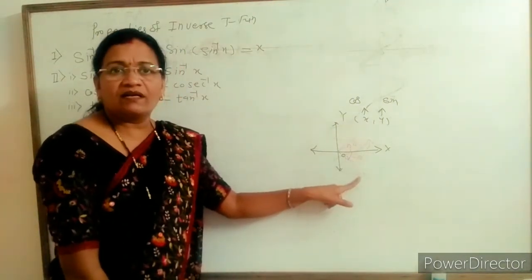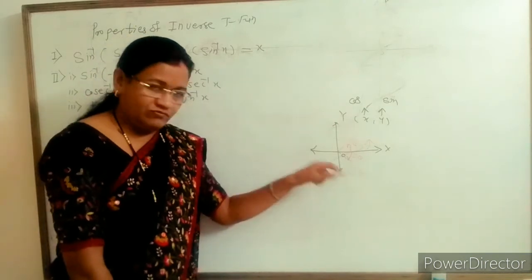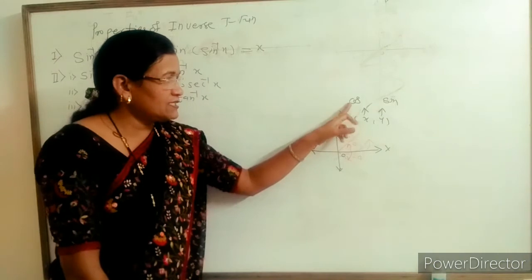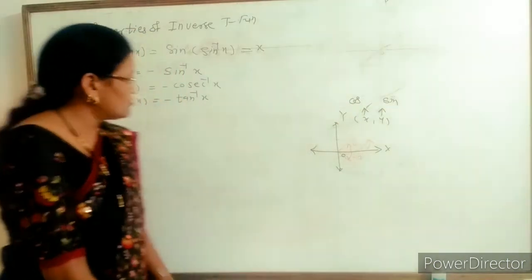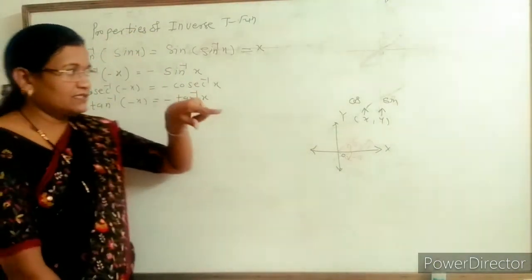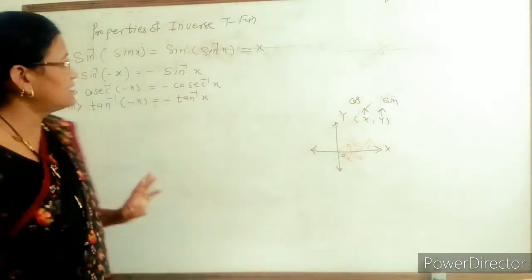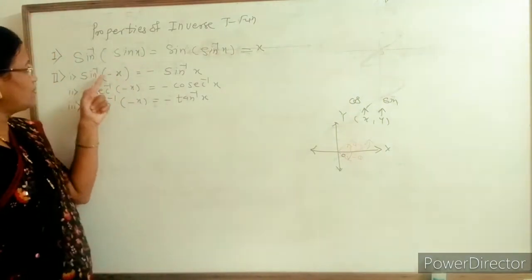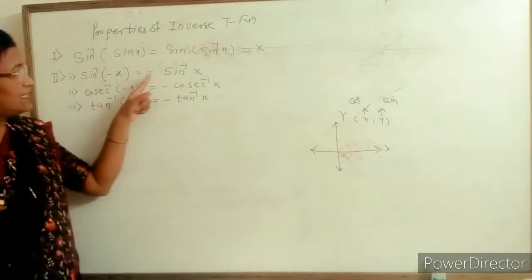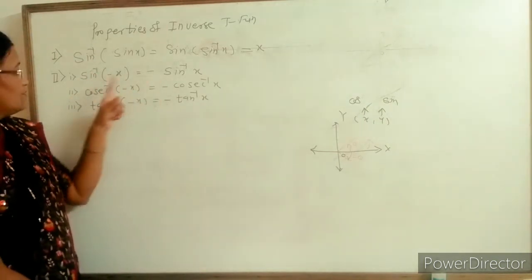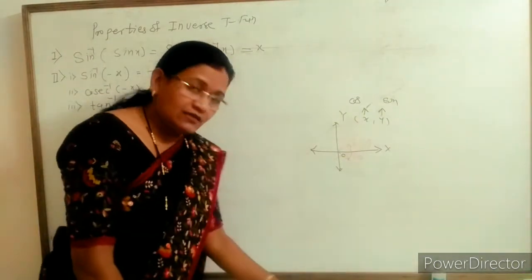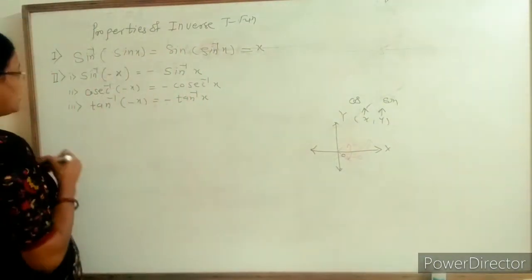But this terminal ray lies in the fourth quadrant, which implies that x is positive and y is negative. Therefore, cosine is positive and sine is negative. So with the help of this, for sine of minus theta, you know that its value is minus sine theta. With the help of this, we find the values of inverse trigonometric functions for sine, and that minus sign comes out. Similarly for cosec inverse and tan inverse, but those ratios according to their range.